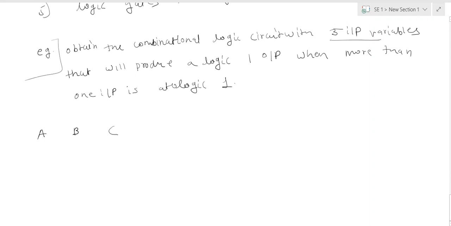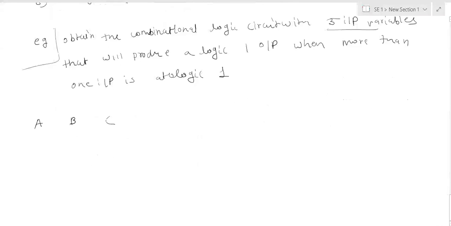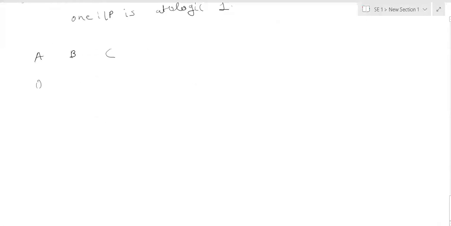What is the next step now? Derive the truth table with the input and output. For 3 inputs, the possible input combinations are 8. The columns are 0, 0, 0, 0, 1, 1, 1, 1; then 0, 0, 1, 1, 0, 0, 1, 1; then 0, 1, 0, 1, 0, 1, 0, 1.